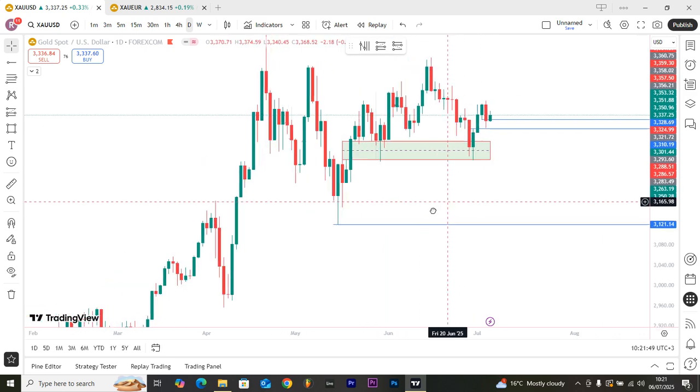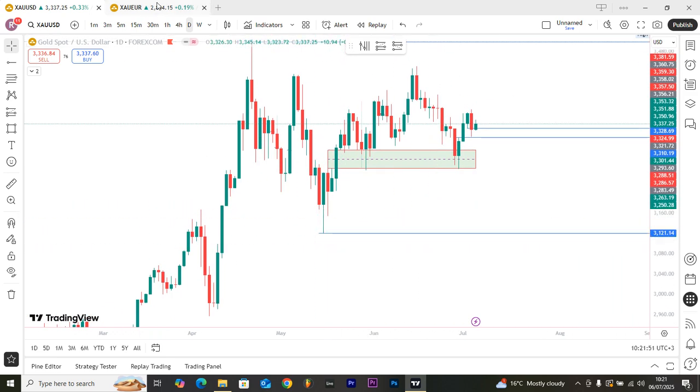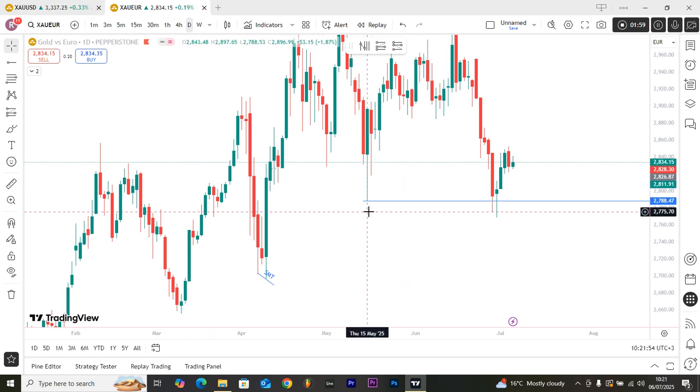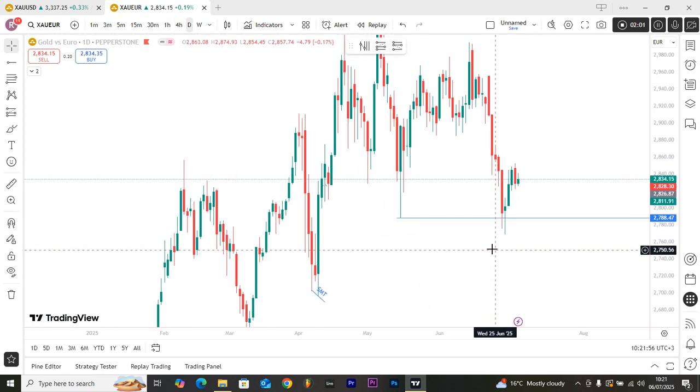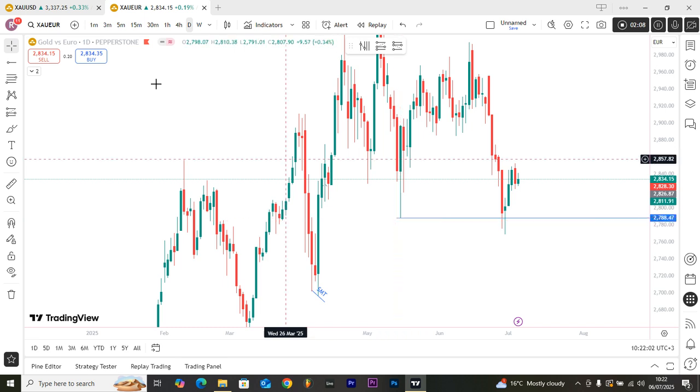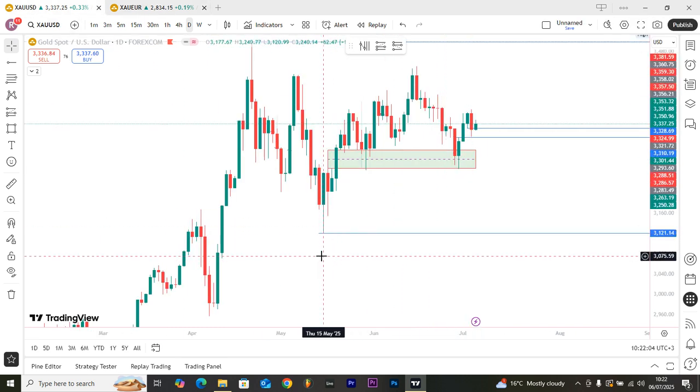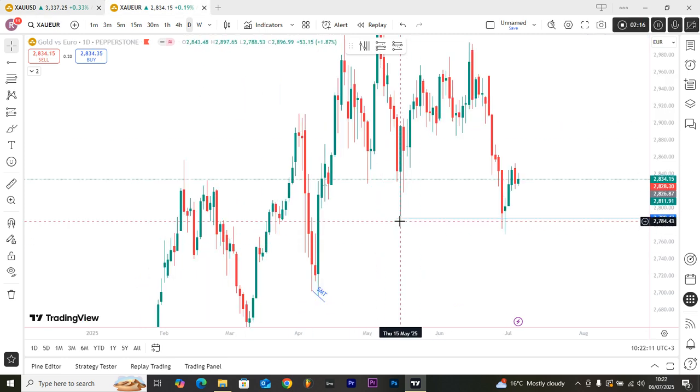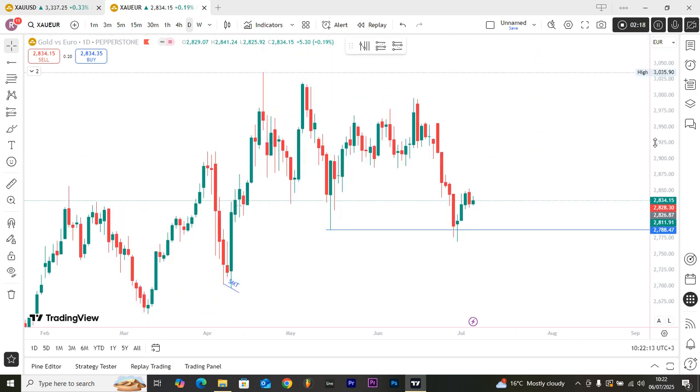I want to see something going on here. This is the same date I've marked. This is 15th May 2025. This is also 15th May 2025. Okay? This is the low, and this is the low of that day. I wanted to see how price reacted